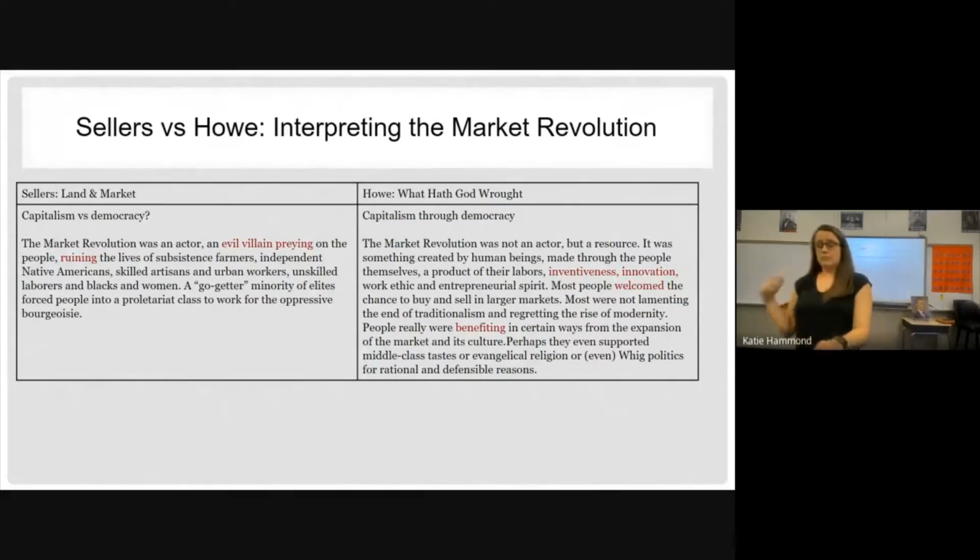On the AP exam, you will always have one SAQ that is going to be two sources. The first thing is, what were the main ideas of the two? Then part B would be, provide one piece of evidence that supports Sellers' take. And then part C, provide a piece of evidence that supports Hal's take. So you would have to identify maybe an invention or something, then explain why it was a bad or negative thing.